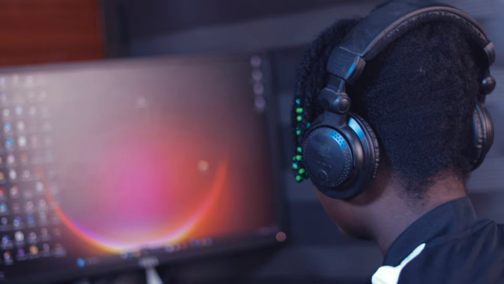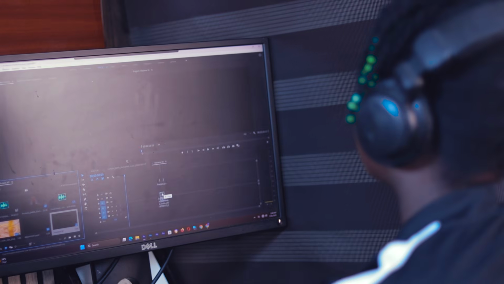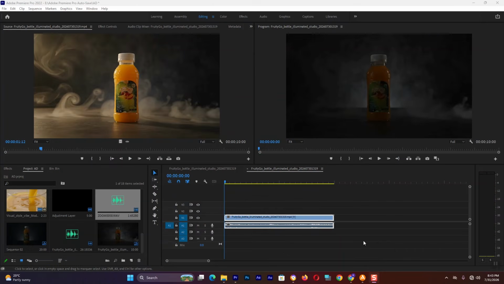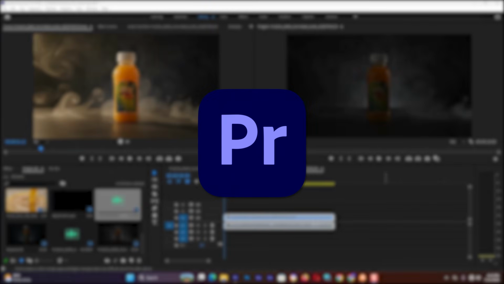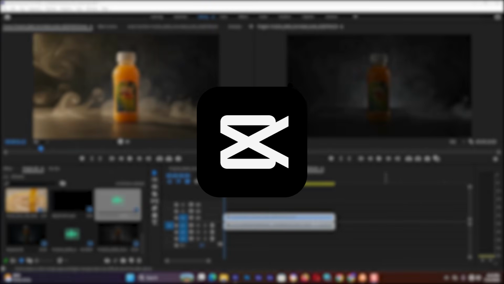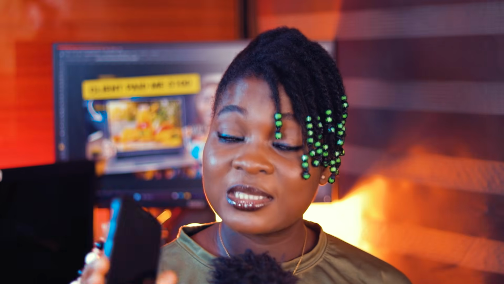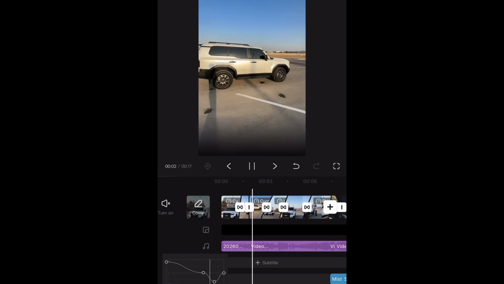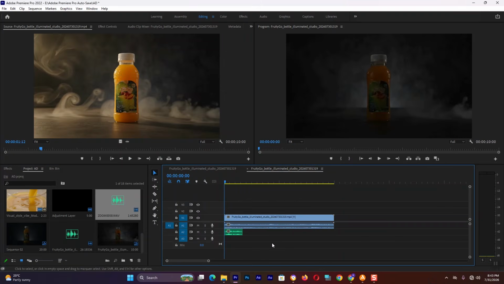Once you are done, import everything into any editing tool of your choice. In my case, I'm using Adobe Premiere Pro. You can use CapCut, or if you're using a phone and you want that premium features on CapCut, you can use QuickCut. Once your projects are imported, place them on your